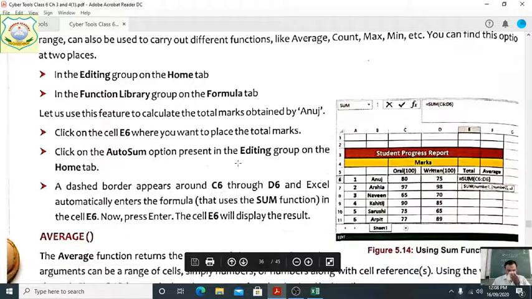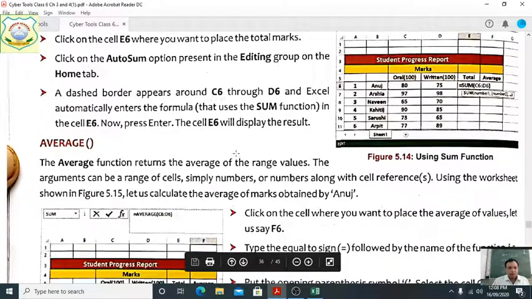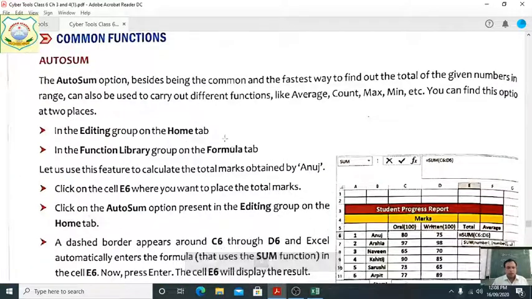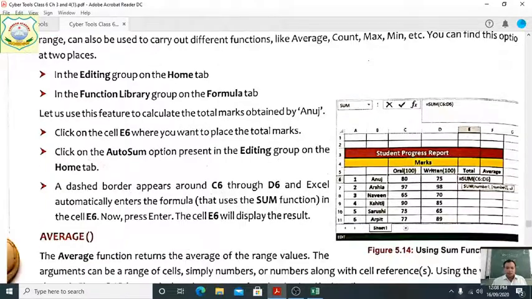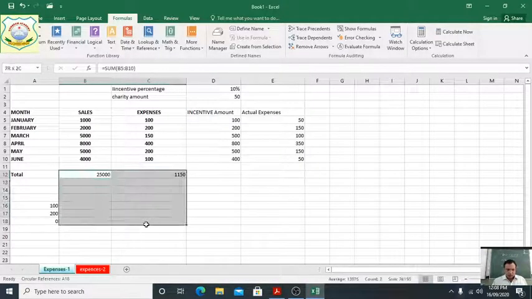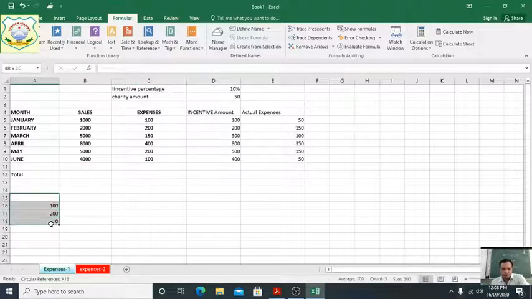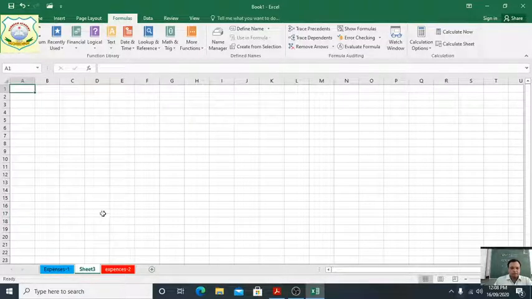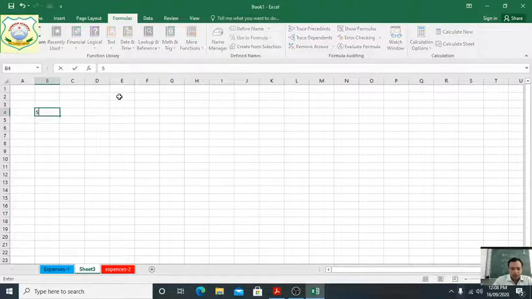Clear? And next is the functions regarding auto sum. This is how we can use the auto sum functions here, with an example. Suppose we take one example here. Sheet 3. Here we write the serial number. The name we have written.